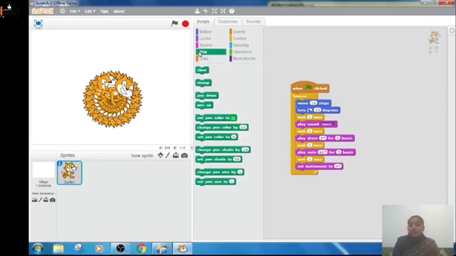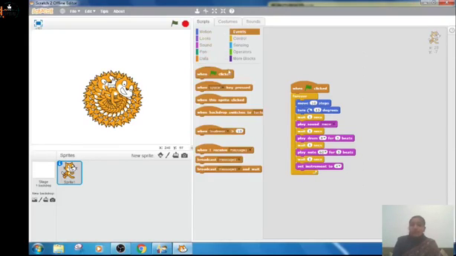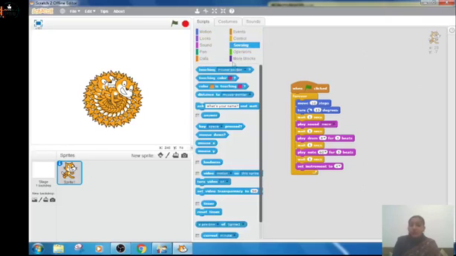if you want your sprite to draw a line or to draw anything like a stamp, or to draw the line wherever it moves, then you have to use the pen block. Okay, here are blocks for events, controls, so many things you can do in Scratch.